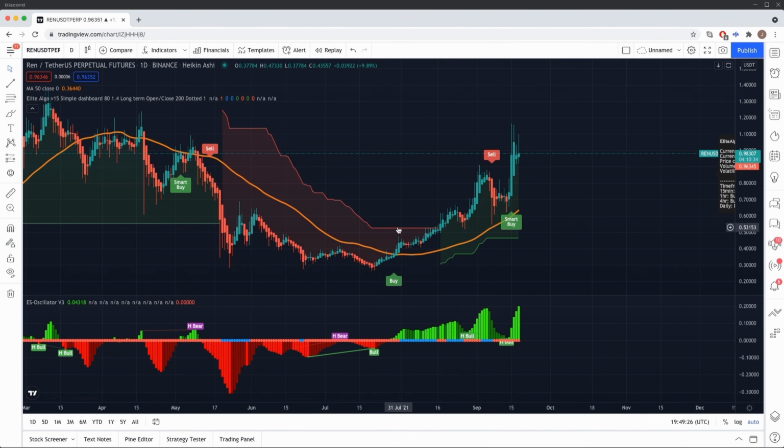Now, EliteAlgo, pretty accurate, extremely useful tool. I've been using it since January. It's not the only thing that I use, and it's certainly not something where I do absolutely everything it says without question, but I do use it for confirmation. And you're going to see why I agree with this smart buy signal and why I'm actually taking this trade